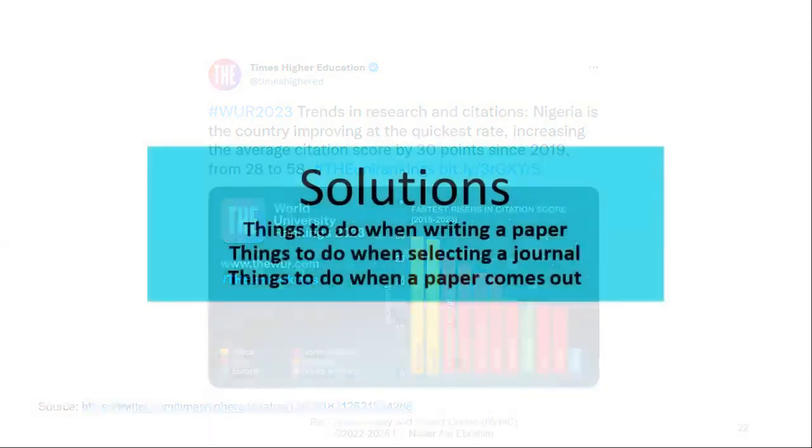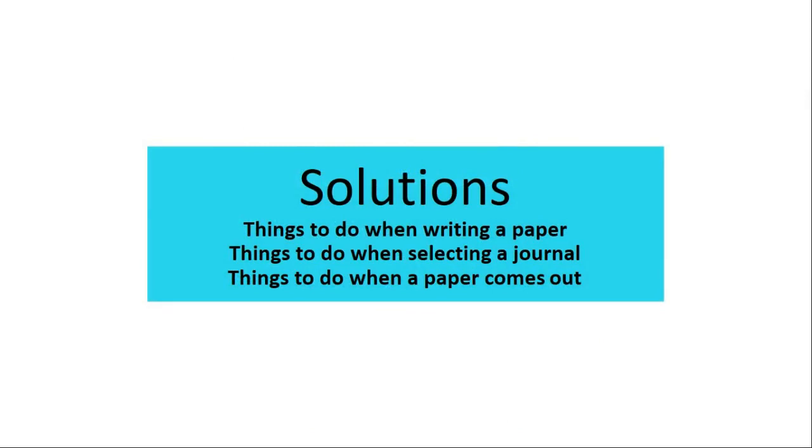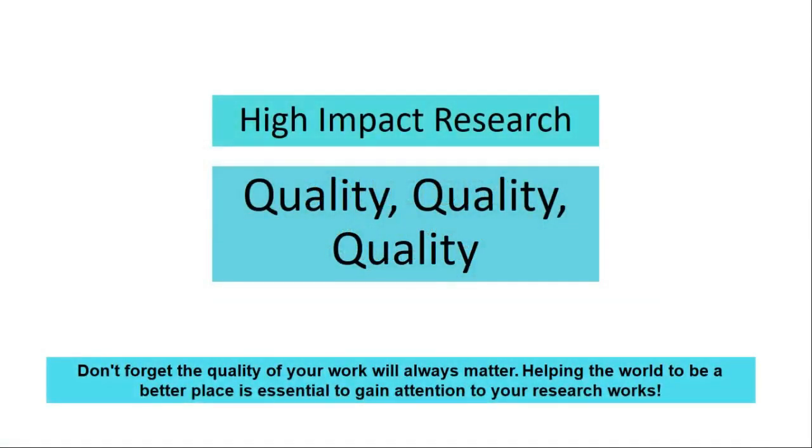event. Okay, what is the solution? This is the motivation. We know the problems exist, but what is the solution? What should we do? Actually, we should act in three different stages: before publication, during selecting a journal, and after publication. Okay, I will tell you something.